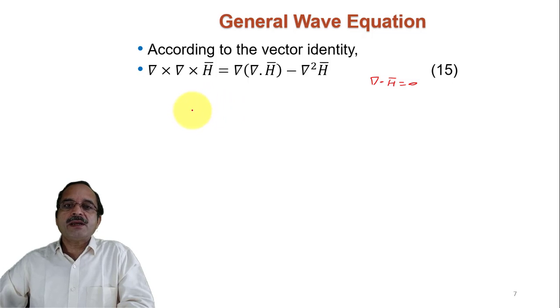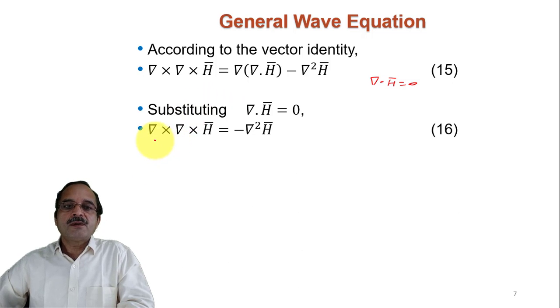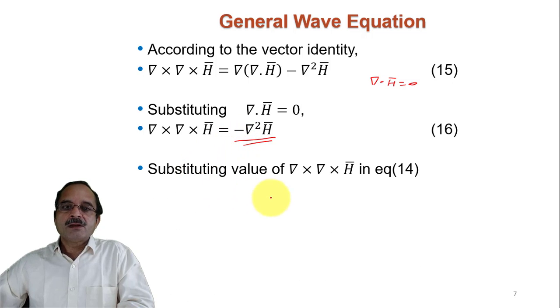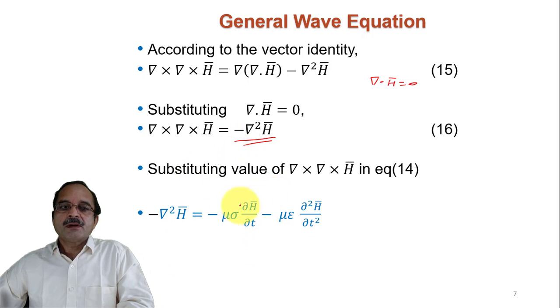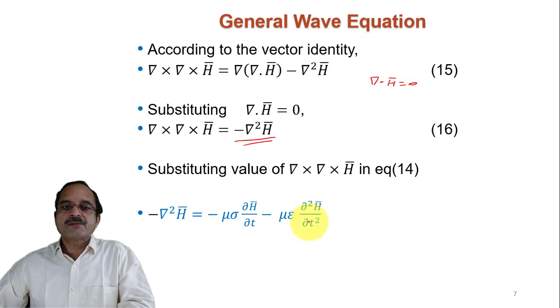If I substitute del dot H equal to 0, this reduces to del cross del cross H equal to minus del square H. So in equation number 14, for the left hand side we substitute minus del square H. Now we get this equation which is in the form of H only. Now rearranging this,